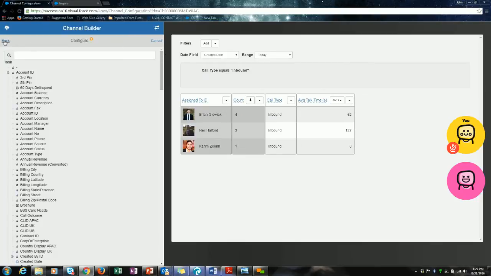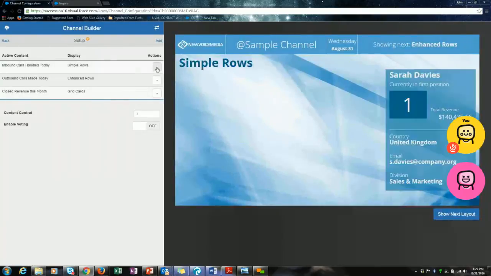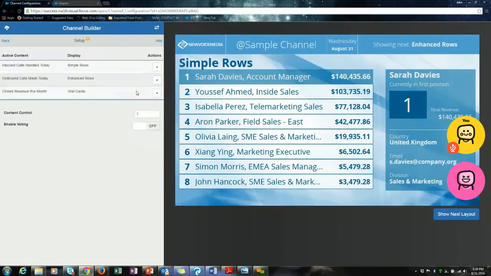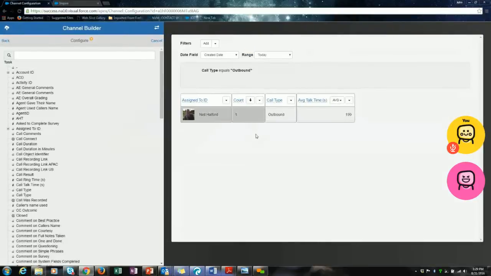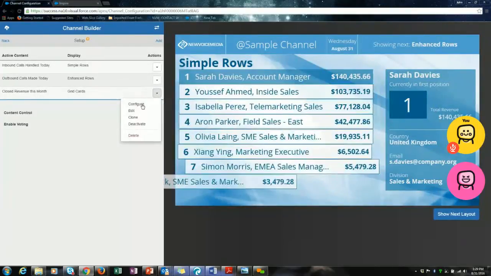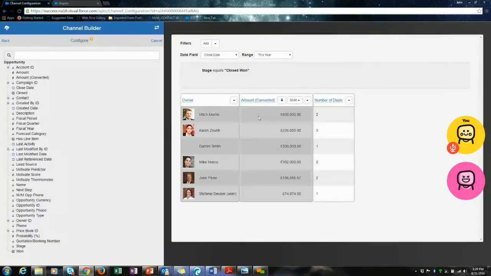I could very easily go back and we could look at the next row, which is the same situation except it's outbound calls and what the average talk time was. And then lastly, you said show us all of your opportunities where it was closed won, how many deals there were, and then what's the cumulative sum of money